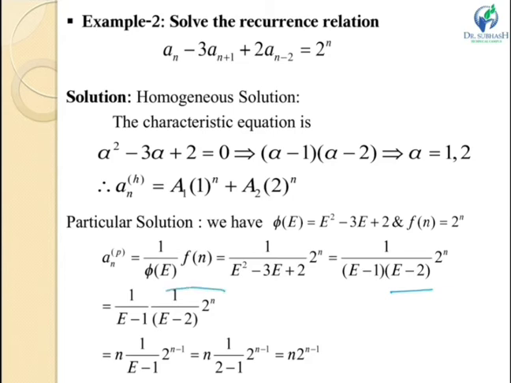So first I will consider only that portion of it. What I will do here is, I will replace this term by n and I will reduce one power of n over here. So 2 raised to n will become 2 raised to n minus 1, and this 1 upon e minus 2 will be replaced by n, and the rest part will be as it is. Now I will put here e equal to 2, so I get particular solution as n into 2 raised to n minus 1.